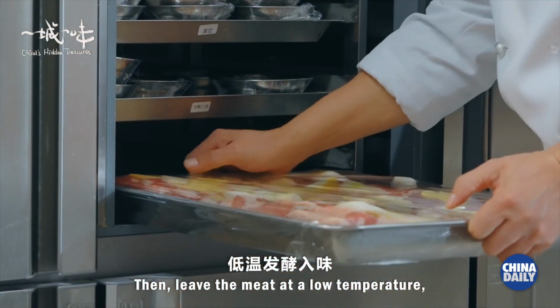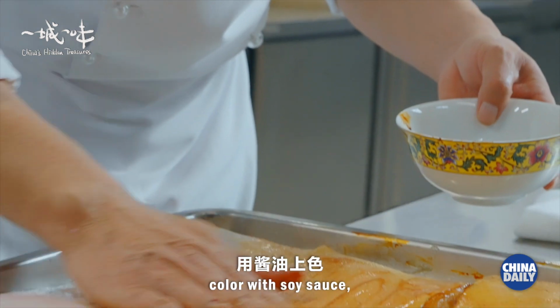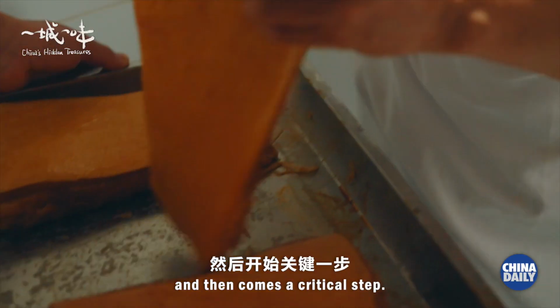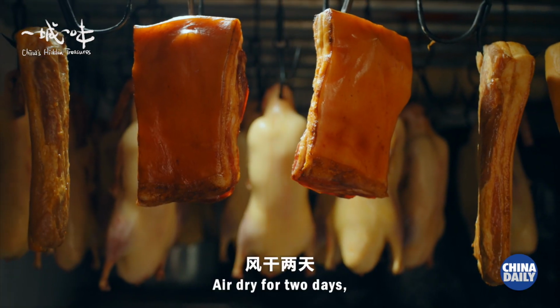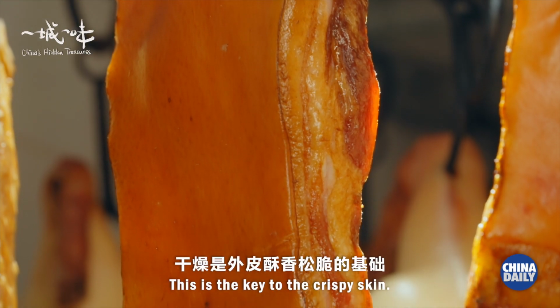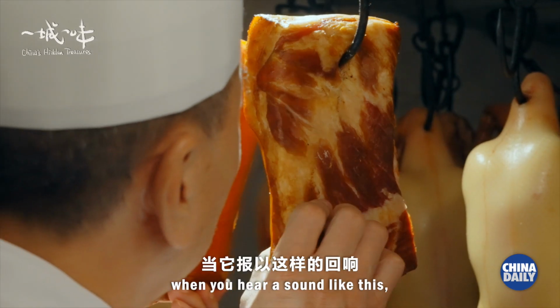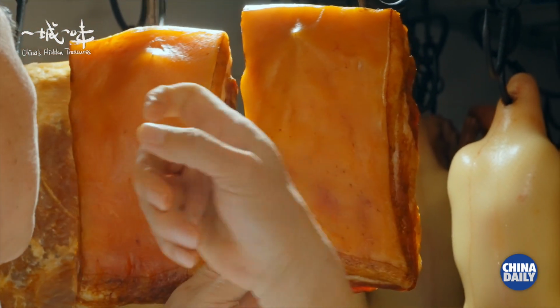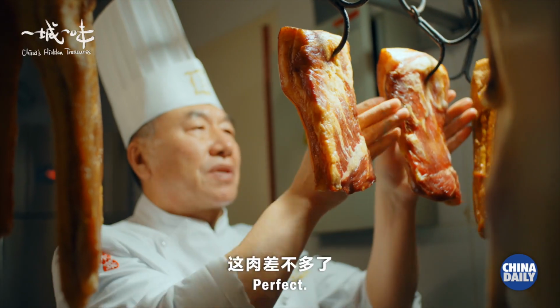Then leave the meat at a low temperature. Color with soy sauce. And then comes a critical step. Air dry for 2 days. This is the key to the crispy skin. Tap the pork when you hear a sound like this. It means it's ready for the oven. 这肉差不多了，可以烤了。